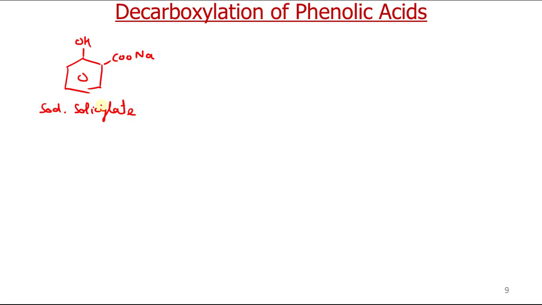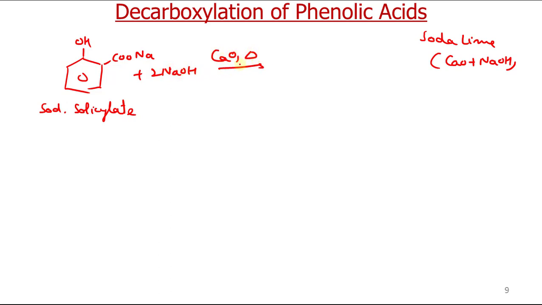Now this upon distillation with soda lime. So what is soda lime? Soda lime is calcium oxide plus NaOH. So plus 2 NaOH, calcium oxide and heat. So distillation with the soda lime. So we remove minus Na2CO3, sodium carbonate, minus water. Sodium carbonate and water get removed. So we get